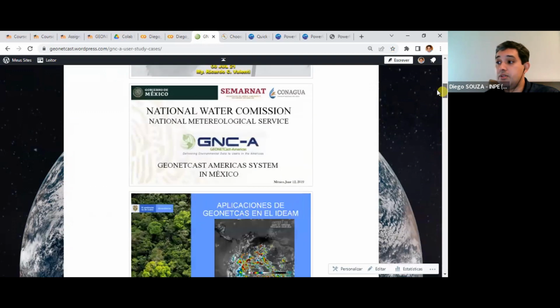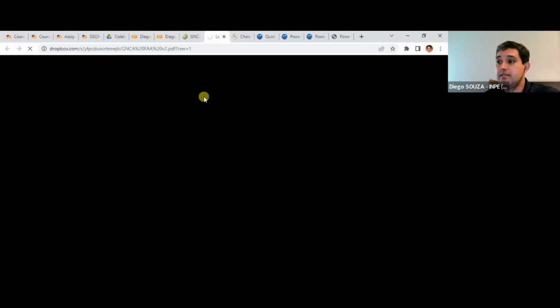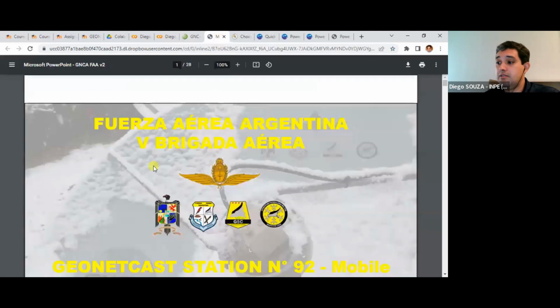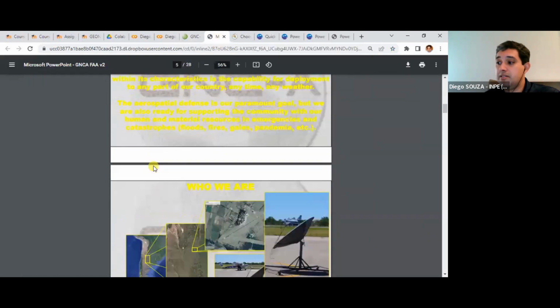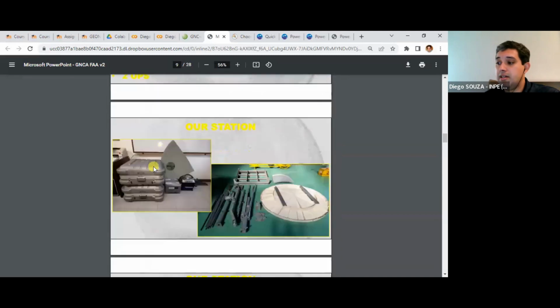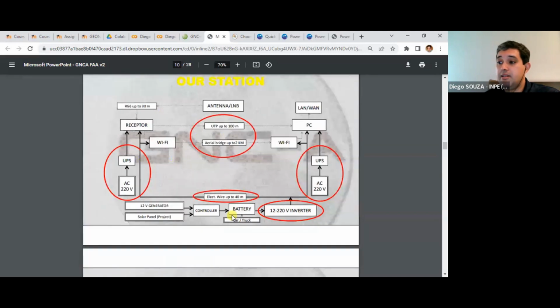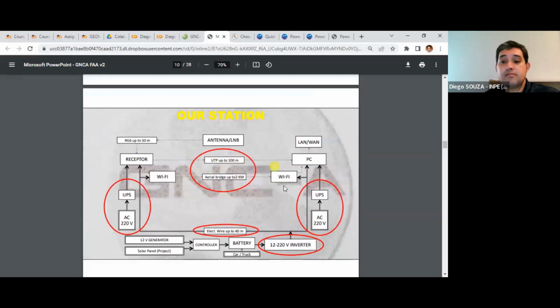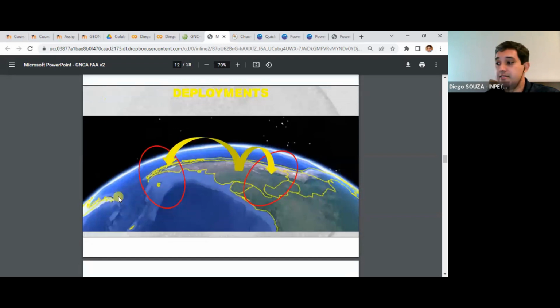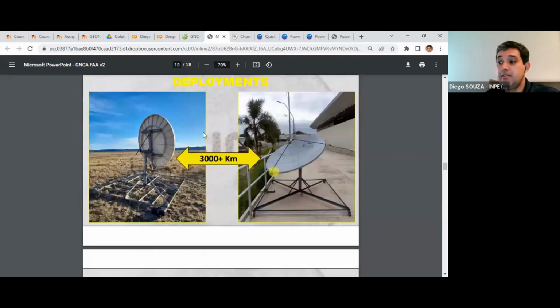Including this one from Argentina. And when you click on any of these images, you see information: who they are, what they do, how they assemble a scheme with their wireless connection deployments that they have done. Okay, so going back,